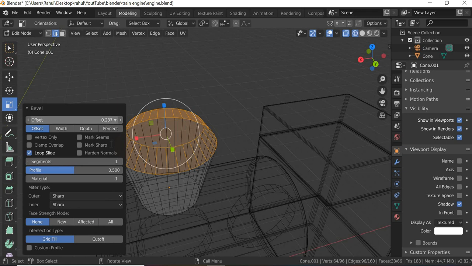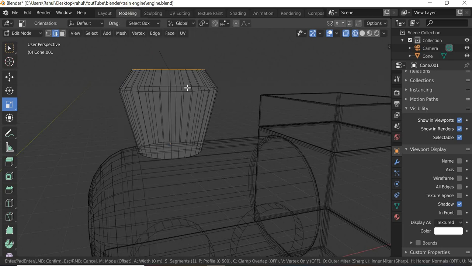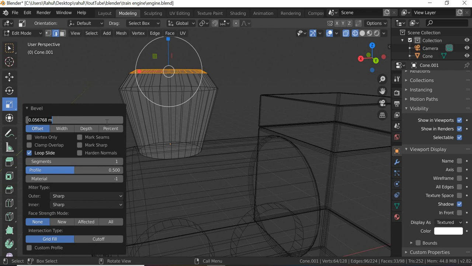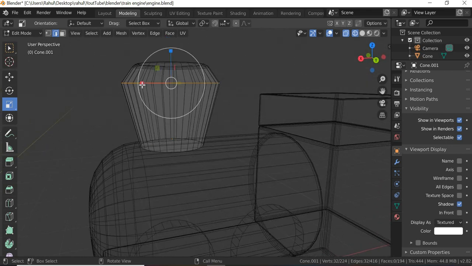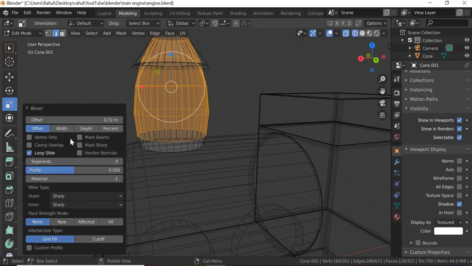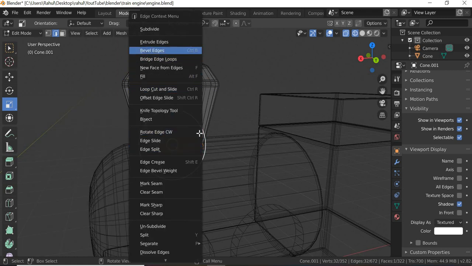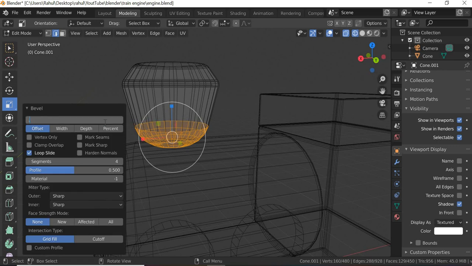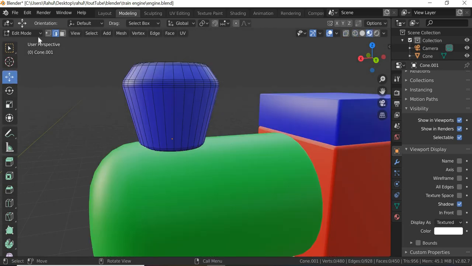Okay, and it's 0, and then I can say maybe 0.3, I guess, or 0.25, something like that. Okay, then we will select the top one, bevel edge, 0.05. So we are using 0.05 and 4 for all the hard edges that need to look soft. Okay, same on this here, right click, bevel edges, 0.05 and 4, bottom one, bevel edge, 0.05 and 4. Okay, and then object mode,